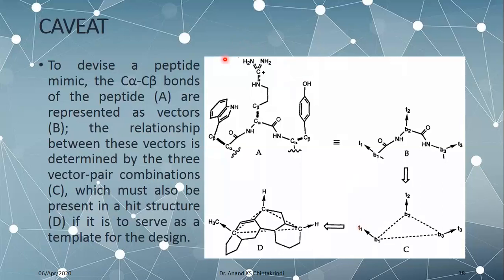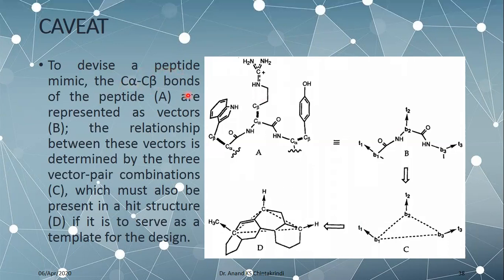Say if you want to determine or design a peptidomimetic. So this is a peptide inhibitor. Now, peptide inhibitors suffer from a major disadvantage of bioavailability, that is, they are degraded in the GI tract once consumed. So, generally, peptide inhibitors are replaced by peptidomimetics. How can you design the peptidomimetics in this case?